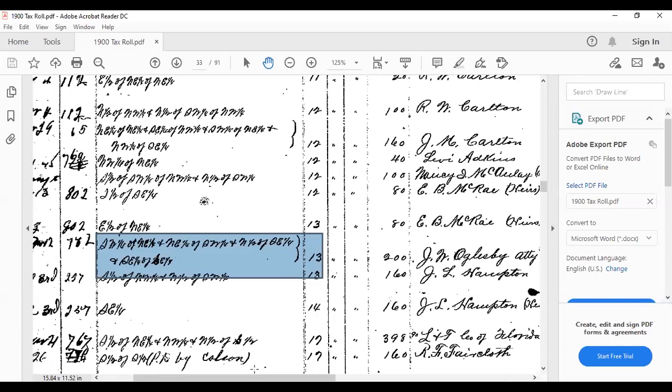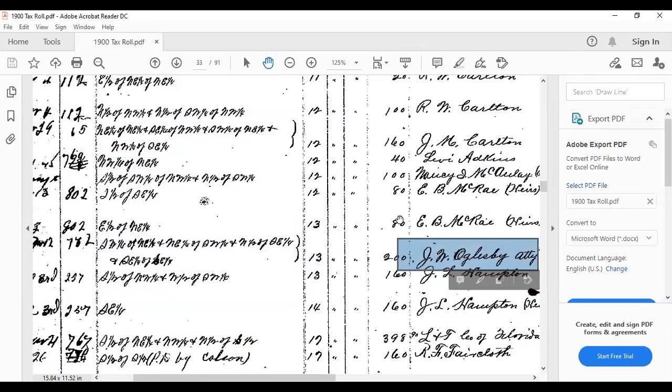I decided I wanted to know who owned the property in 1900, so I went to my county officials and I obtained a copy of the 1900 tax roll for Taylor County, and I went in that tax roll to that section and to that piece of section that's in the legal description for my mom's piece of property. And it turns out that I could figure out not just who owned that piece of property, J.W. Oglesby, but also who the neighbors were in that same section, E.B.